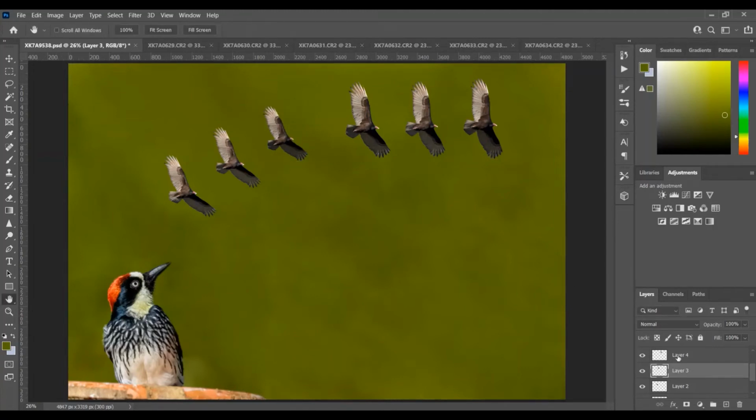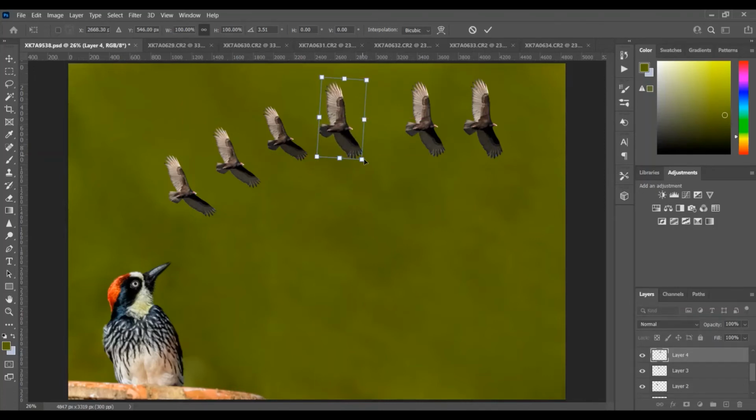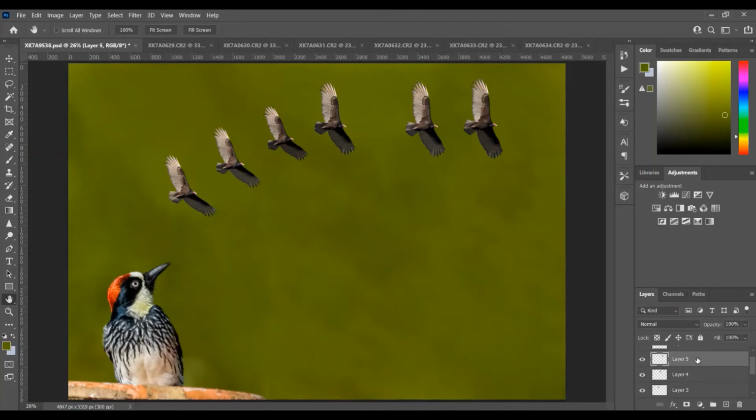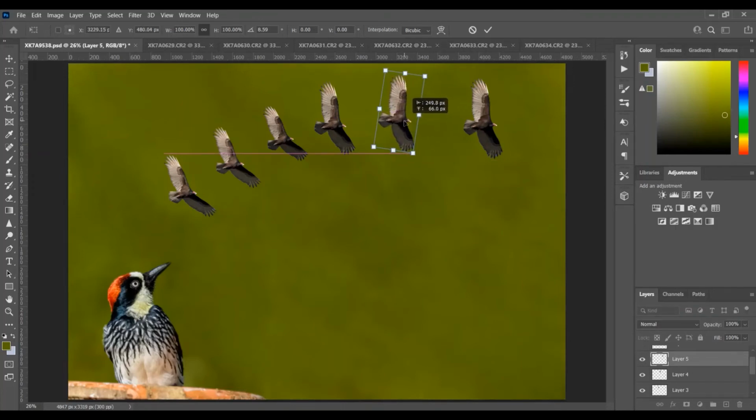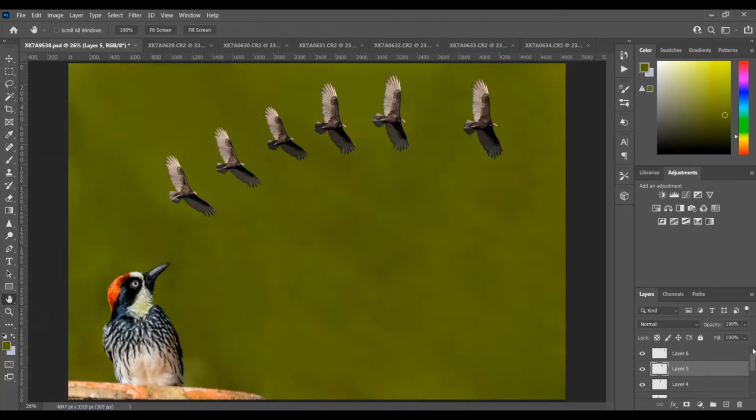Okay. Now layer 4. Here you can change the angle and shift it here. Resize it a little bit. Again layer 5. This time we can make it a little angular. And layer 6.